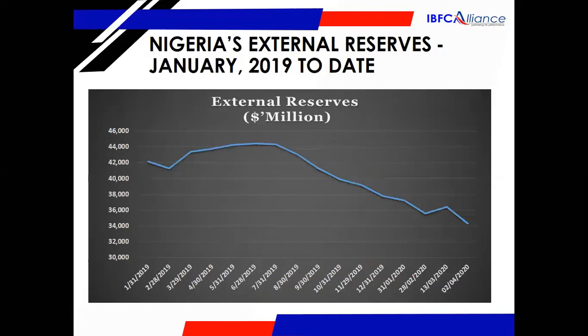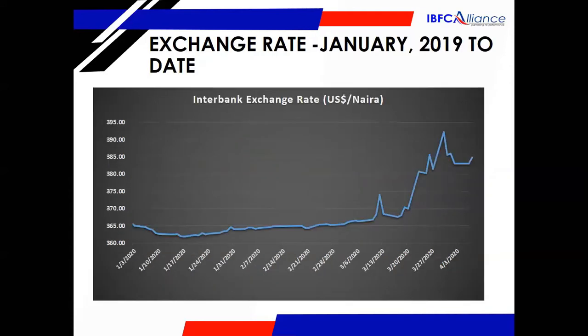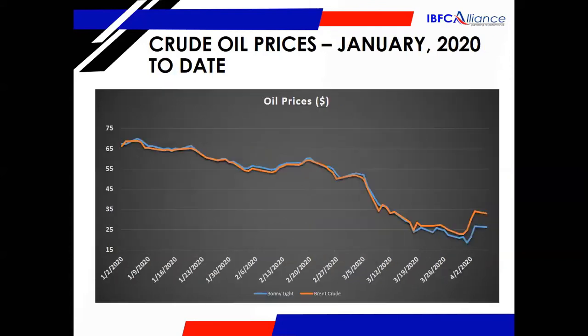Now, this is what has happened to the Nigerian external reserves. January 2019 was about $42 billion. As of now, it is about 34 billion, and it's still going down. Exchange rates have spiked. It has gone up from about 360 to as high as 390, 385 at the official interbank rate. But most of us know that in the Bureau de Change market, it has already exceeded 400. So these are the kind of economic challenges that this has brought